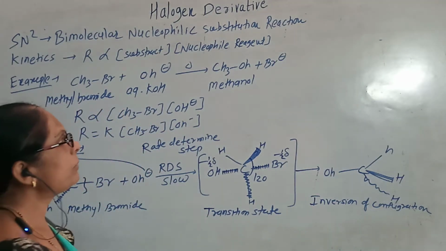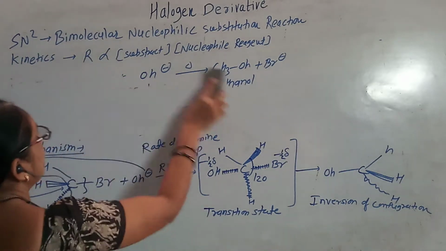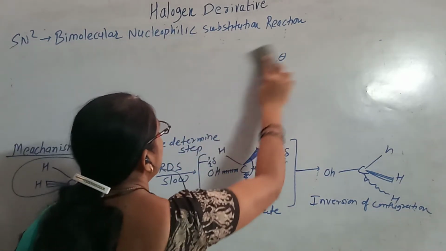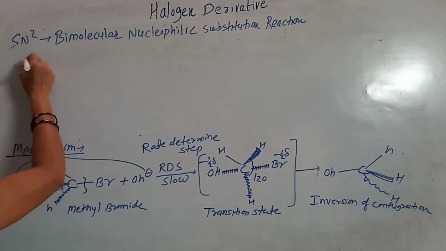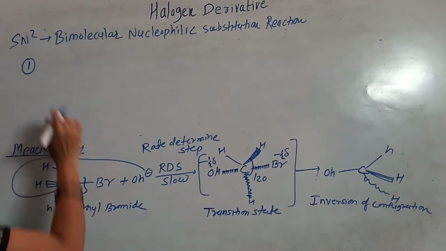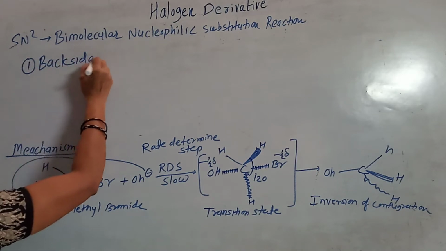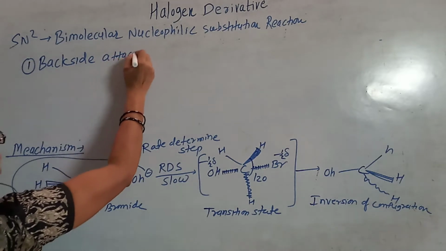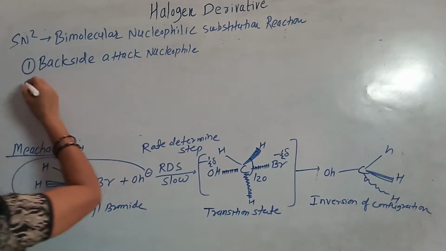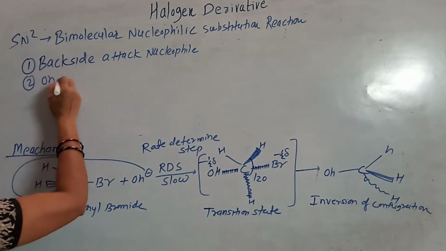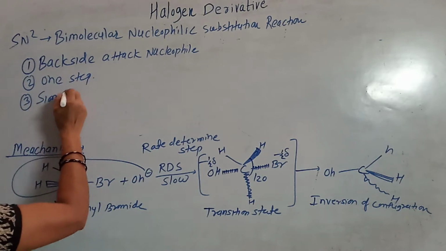Okay. So what are the important characteristics of the transition state? What do you observe in the transition state? The first thing is the backside attack of the nucleophile. The nucleophile attacks exactly from the backside. The second is that it is a one-step reaction. The third is that simultaneous